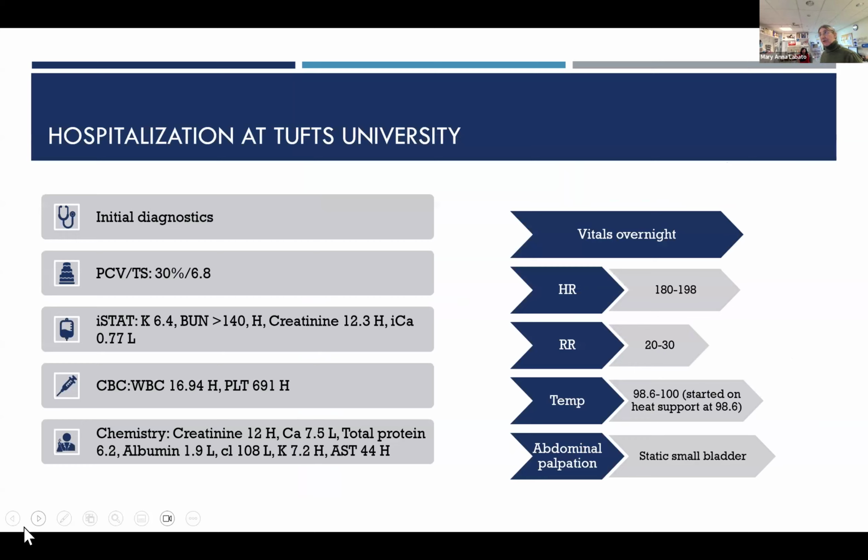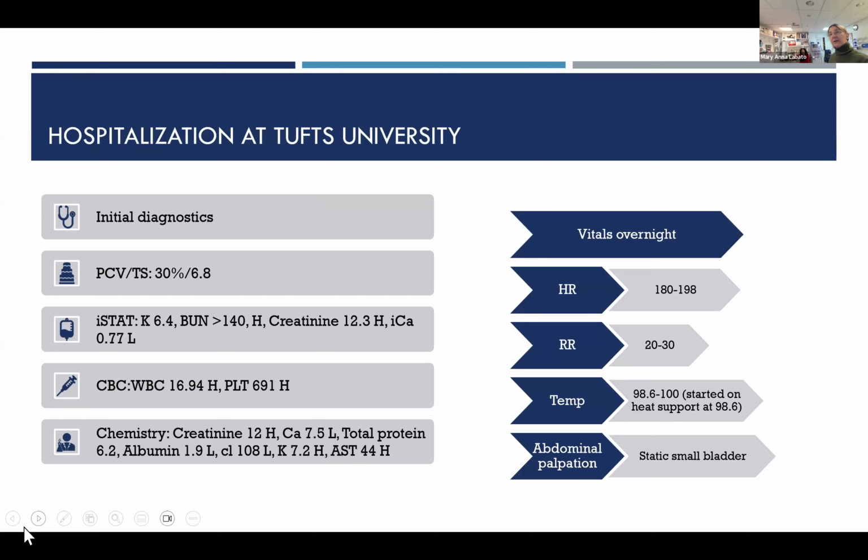So she presents to Tufts, and through the ER, they did a recheck PCV and total solids, which were 30 and 6.8, and the iSTAT at the time showed a potassium that was elevated at 6.4. Her BUN was off the scale at greater than 140. They were able to measure a creatinine at 12.3. Her ionized calcium was